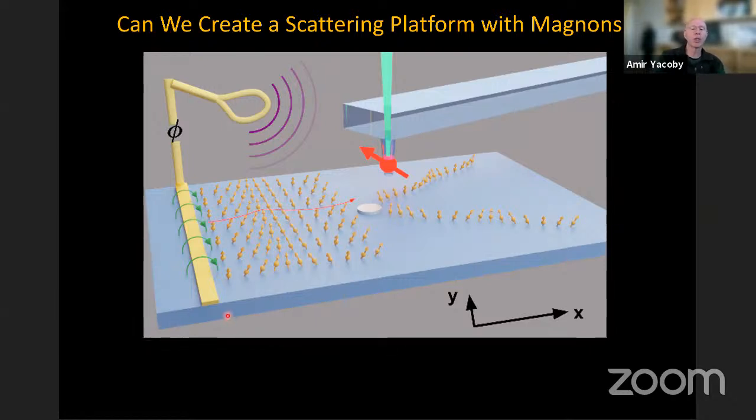This is the material in which the spin waves that we will generate behave in a very known and predictable way. The way we excite them is using an antenna, this yellow strip here that sits on the surface of this magnetic thin film. Oscillating currents generate oscillating magnetic fields, and these drive spin waves with wave fronts parallel to this antenna. These spin waves then propagate, and their frequency is set by the frequency of the alternating current